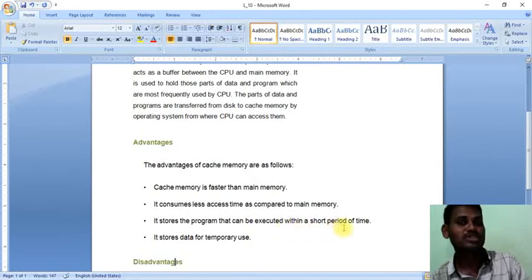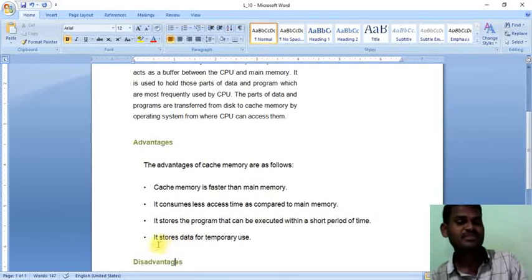For example, you just searched for something like corona news, how many cases there are, or maybe a weather report. The cache memory is going to store whatever data you searched within a fraction of a second.